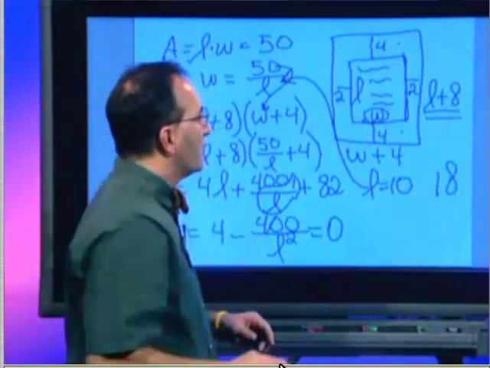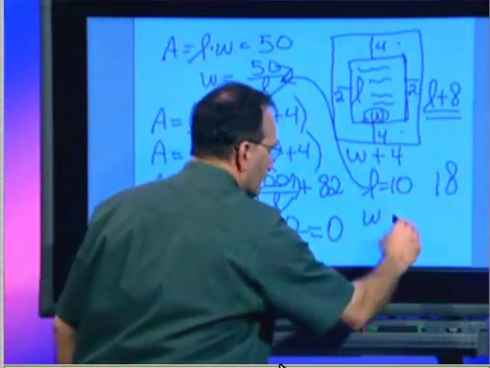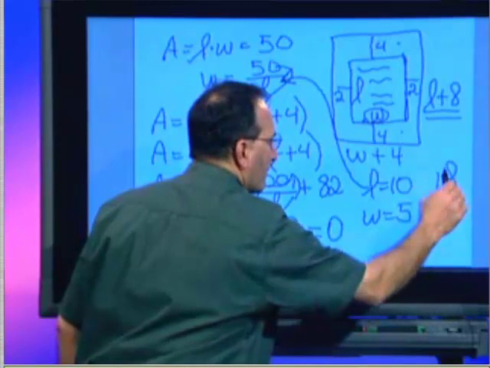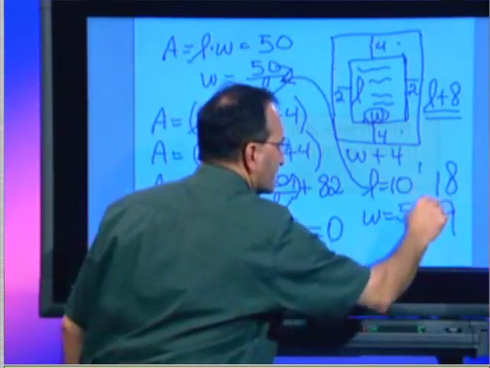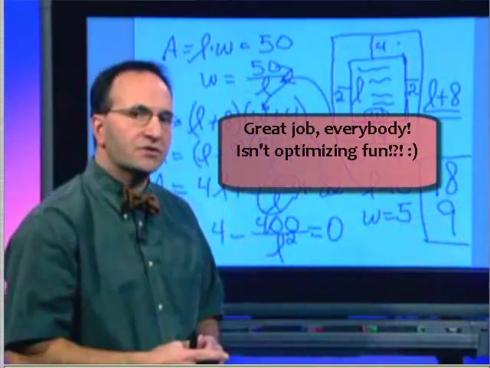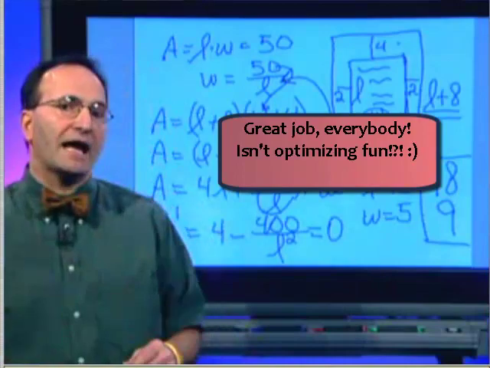But remember that we've got to add 4 to W. So W is 5, but the poster itself is 9 inches wide. So it's 18 inches tall and 9 inches wide. Now we're going to try an example from